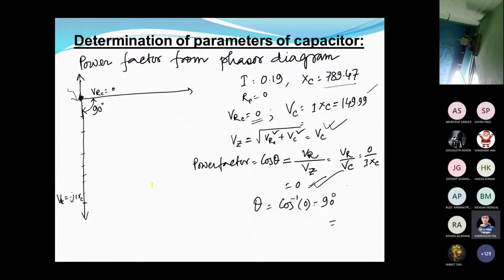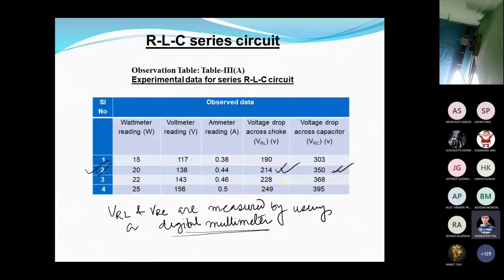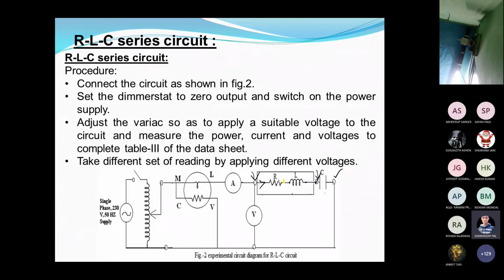Then we may have an RLC series circuit. I'm coming to that. After this, I will show the lab demonstration. Here again we have to calculate, since it is an RLC circuit. Here we have to calculate R, L, and C separately, right? For this, we will require these values: wattmeter value, current value, voltmeter value. Besides this, we will require